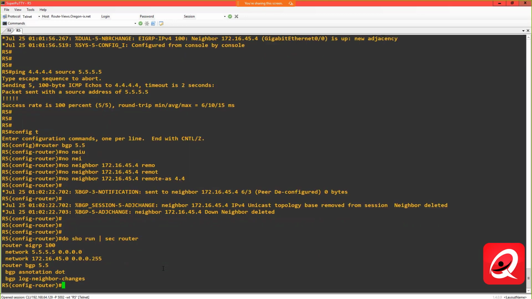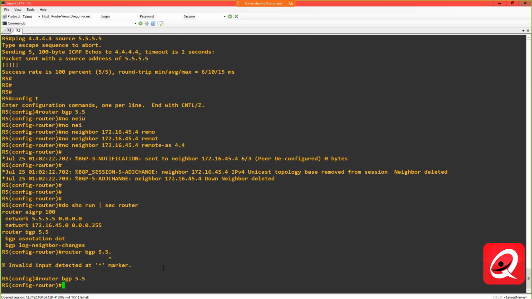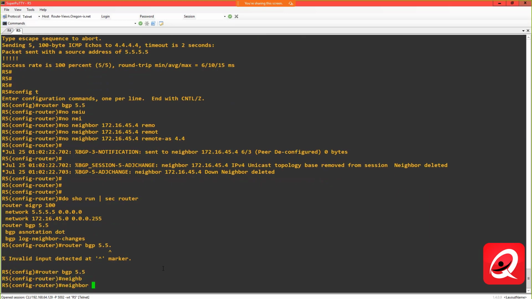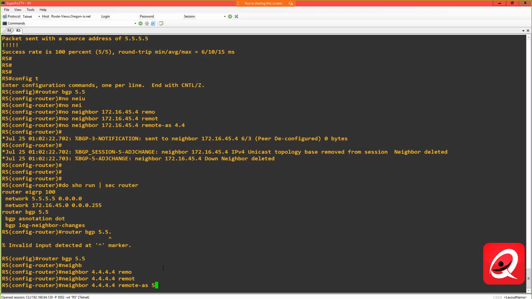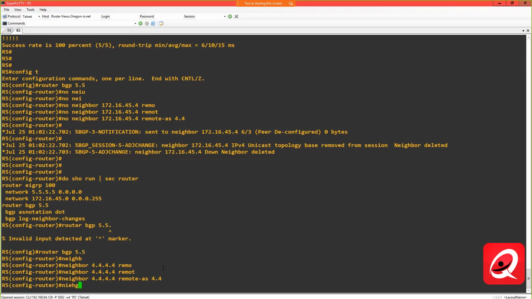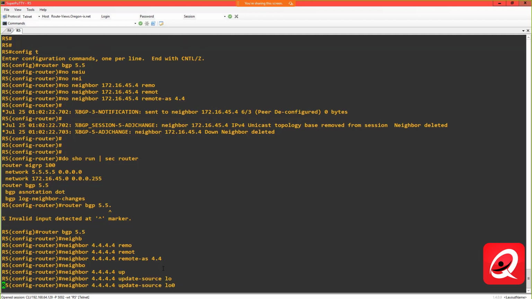All right, so let's go ahead and duplicate that configuration here. Router BGP 5, oops. Let's go ahead and set up our neighbor 4.4.4.4, remote AS, this guy's 4. And we'll do the same thing. We want our configuration to be consistent. We'll go ahead and specify that we're going to use update source as loopback 0 in this case,